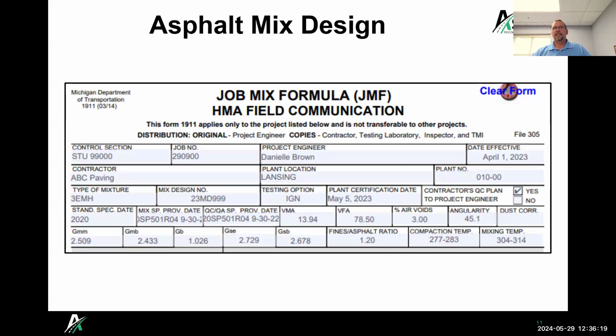There's a lot of testing up front with using the ignition furnace oven process. We have to have special samples made to get correction factors for the different ovens and the different aggregates. It's a whole process, but I would say the majority of people use the vacuum extraction. That's what people have a lot of familiarity with, and just because of some of the aggregate issues in some parts of the state.